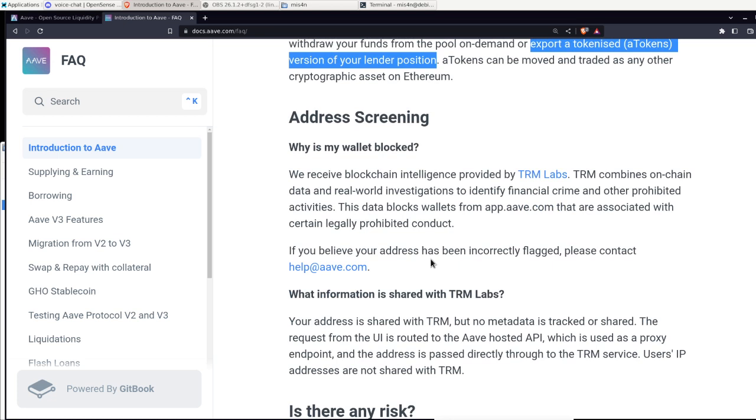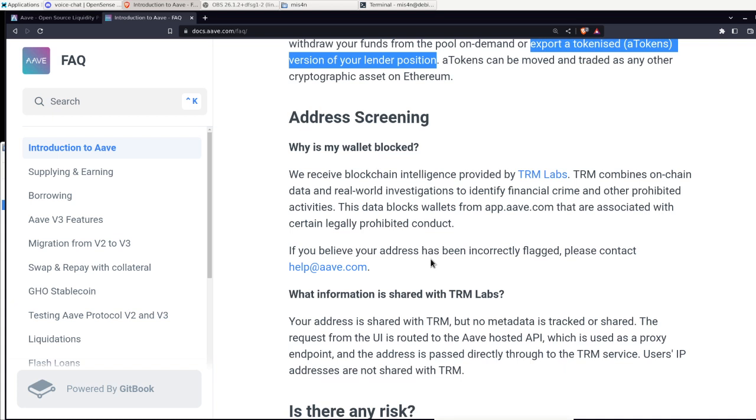So address screening. Here comes something new. Why is my wallet blocked? We receive blockchain intelligence provided by TRM Labs. TRM combines on-chain data and real-world investigation to identify financial crimes and other prohibited activities. This data blocks wallets from the AAVE app.